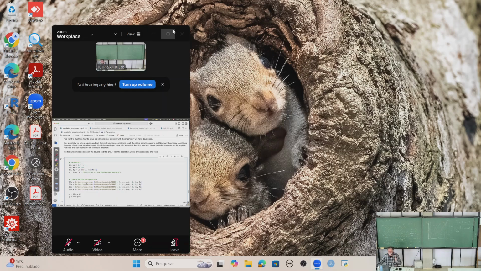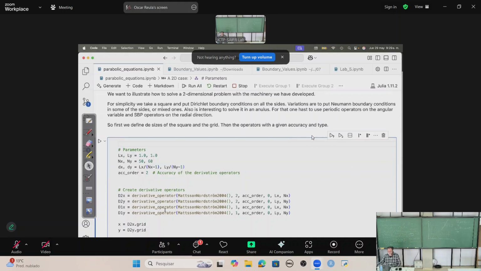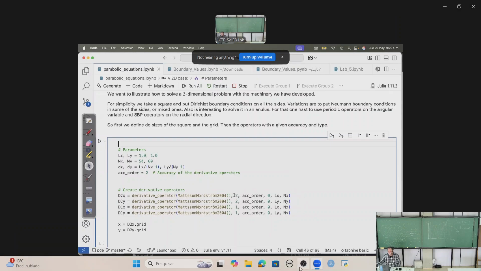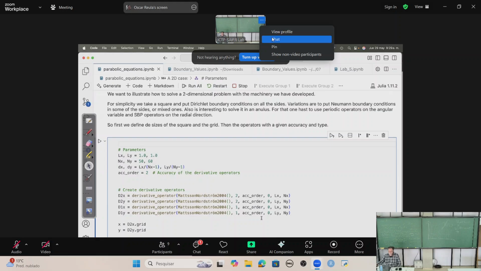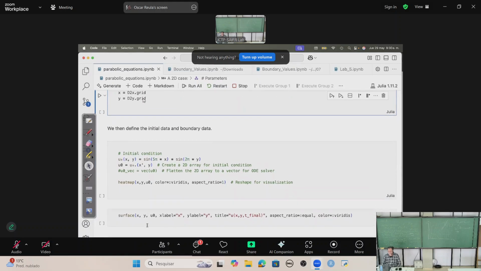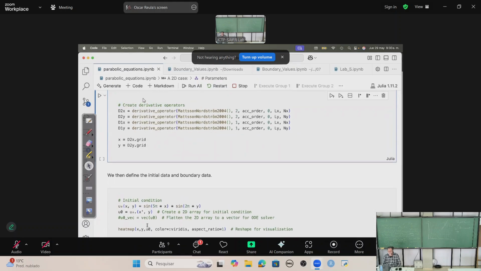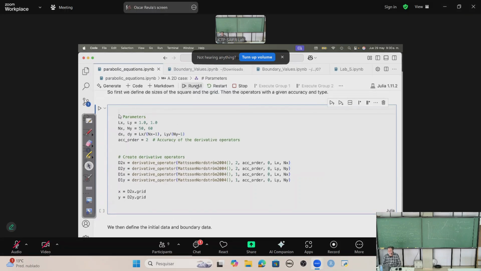And I create the operators, right? So the second derivative operator in the direction y, first order. So I create this the usual way, like if there were one dimension. And I get the grids here, the x and y grid. So for instance, I can create